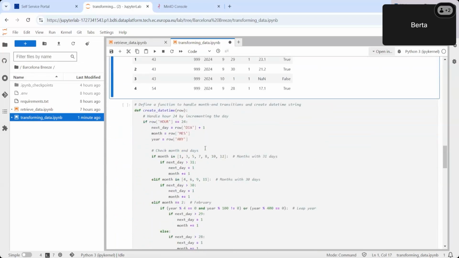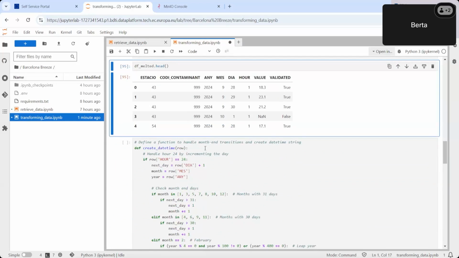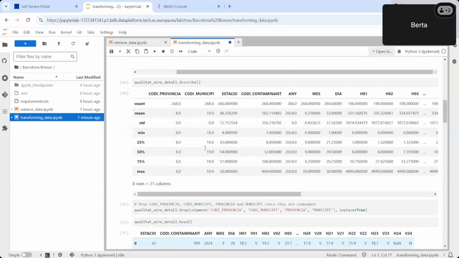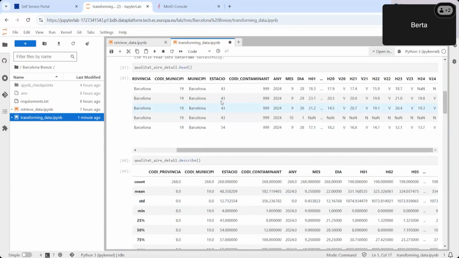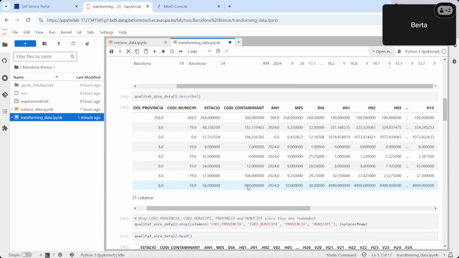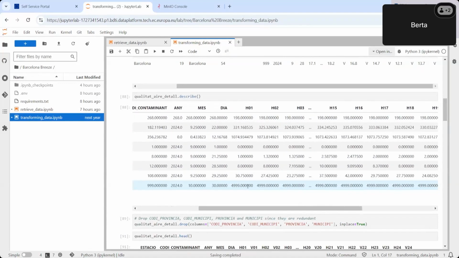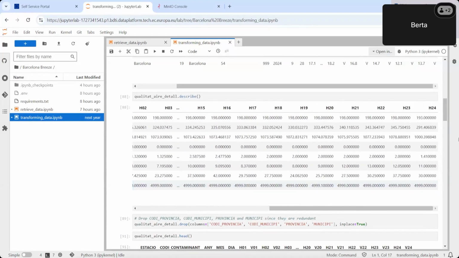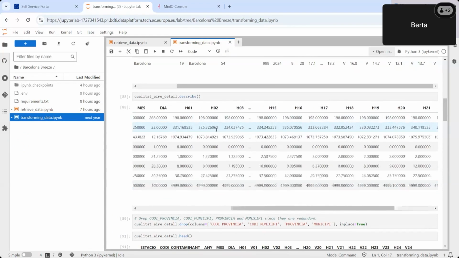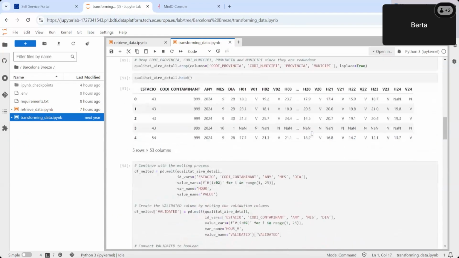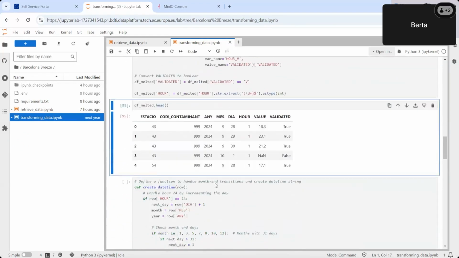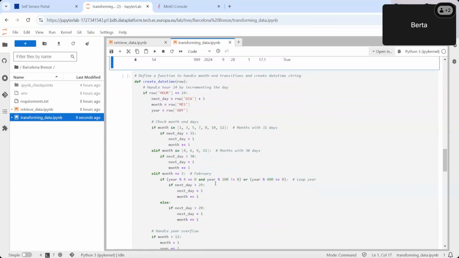So we have found out by analyzing this, going back to the description of the data, that the hours go from hour 1 to hour 24. And for time series analysis and to transform this into a timestamp, it usually goes from 0 to 23. So this is what this part of code is doing.